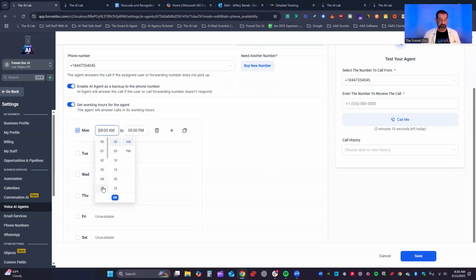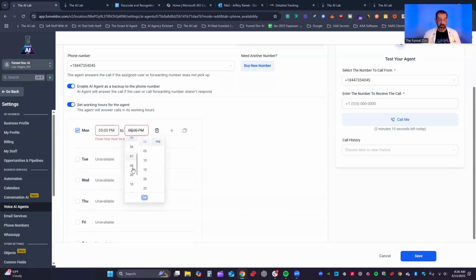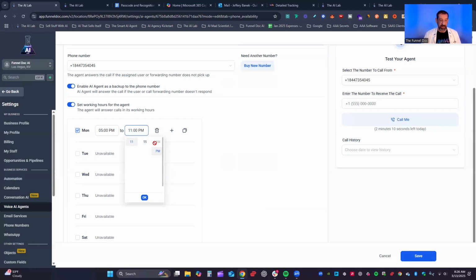You'd set it for 5 p.m. and then you'd have it turn off. Now you can only go till 11:55. Unfortunately, for the next one, I can't go AM. You can only go to the end of the day for each one of these, which is one of the problems in it. So I go to 11:55 p.m., but there is a 5 minute gap, and I could do